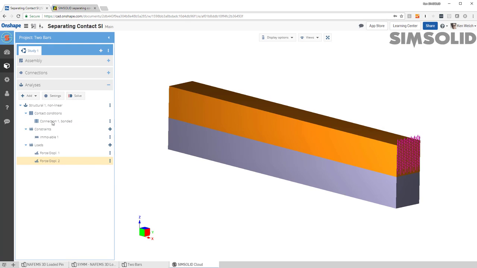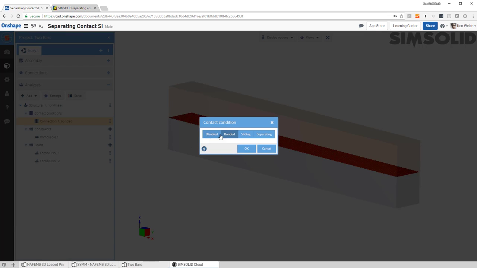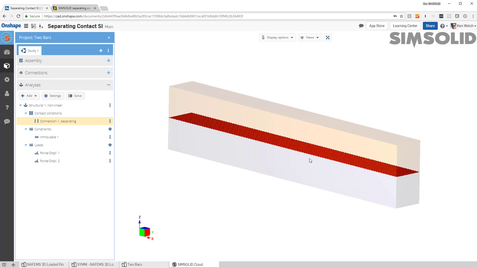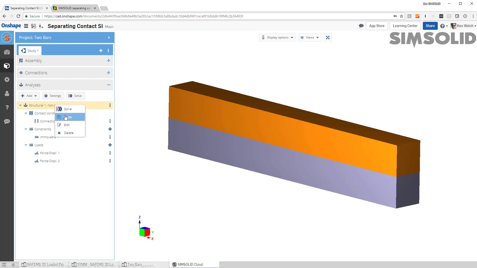We have to go into our contact conditions, and they are by default bonded. So let's just edit that. And let's change it from bonded into separating. Now, separating, I have to do one more thing. I have to specify the friction coefficient. So I'll use 0.15. And now this is all good to go, but before we run it, let's copy it